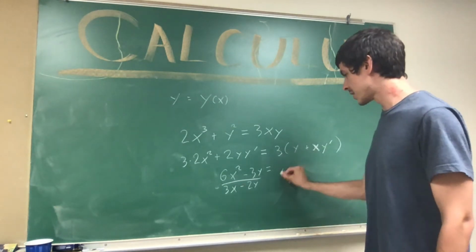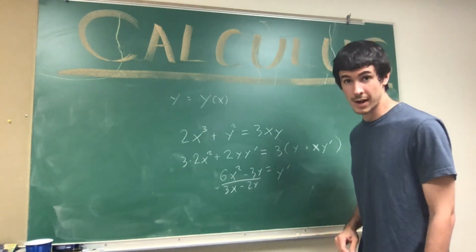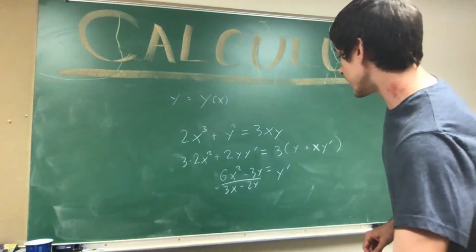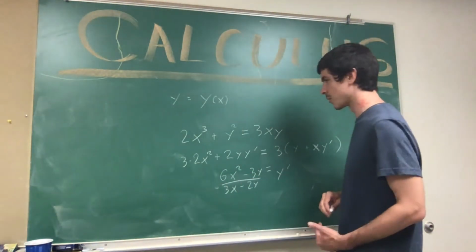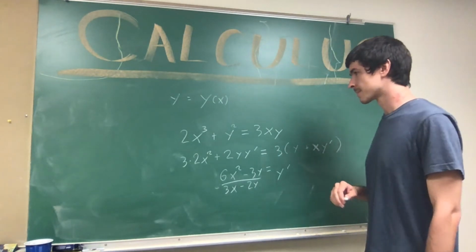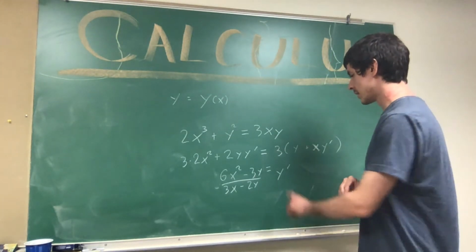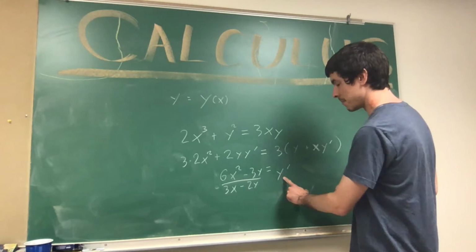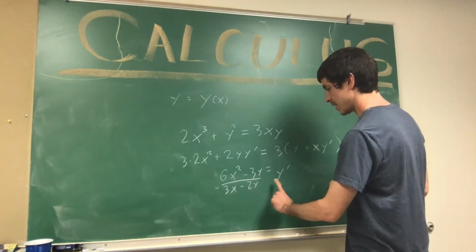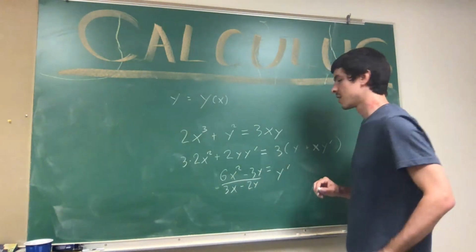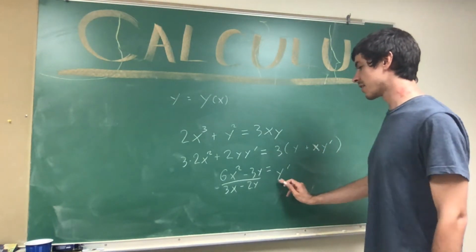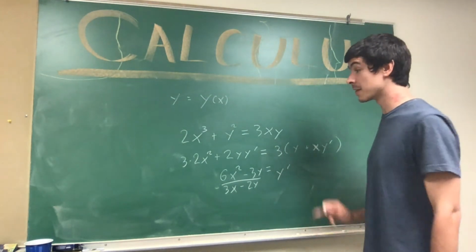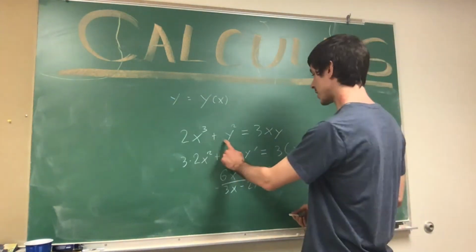So then we have that this is y prime, and yeah, this seems sort of weird, why are we doing this? But now we have y prime in terms of x and y, which in general is not incredibly helpful. It doesn't give us everything we need to describe y perfectly, but we can notice that the point